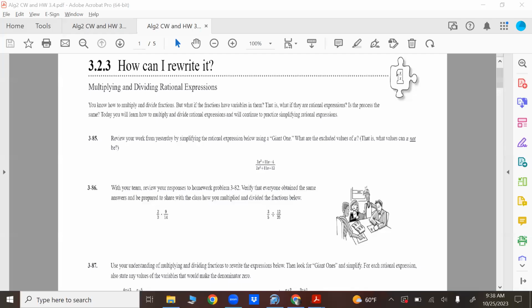Okay, so multiplying by a rational expression. Now remember, a rational expression, all that ever is, is just a ratio of two polynomials, right? So rational expression, ratio of two